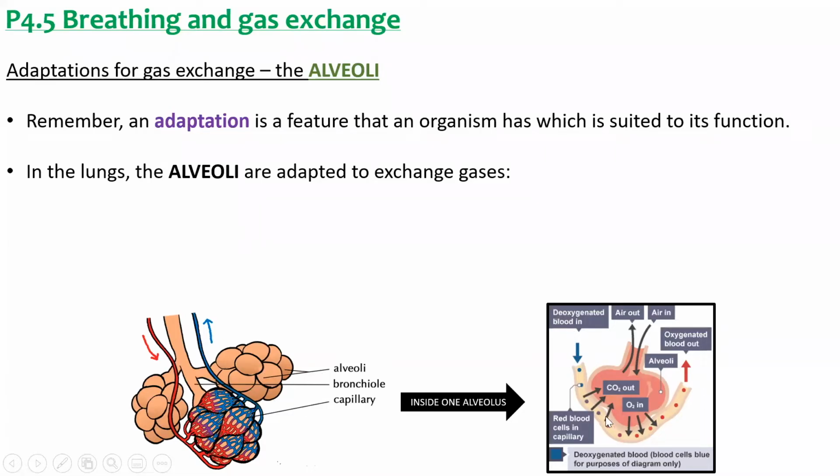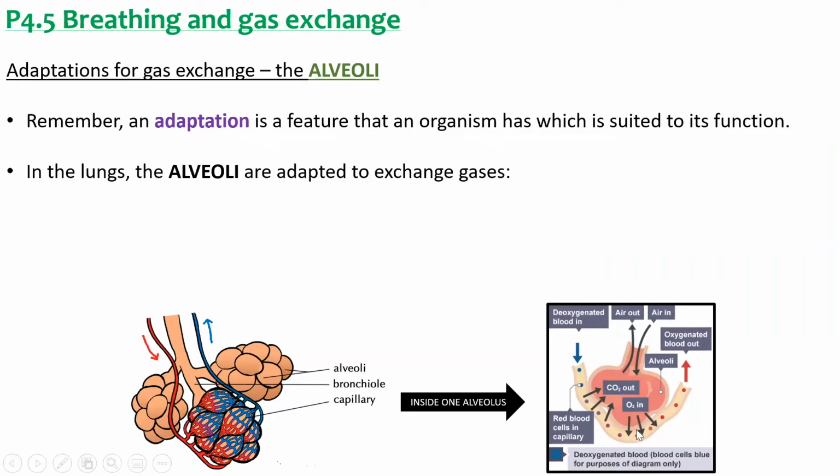This is a capillary here, and this is the alveolus, the pink bit. Deoxygenated means it hasn't got oxygen. It comes in with the red blood cells in the capillary. They give their carbon dioxide out to the alveolus, alveolus meaning one, alveoli meaning many,